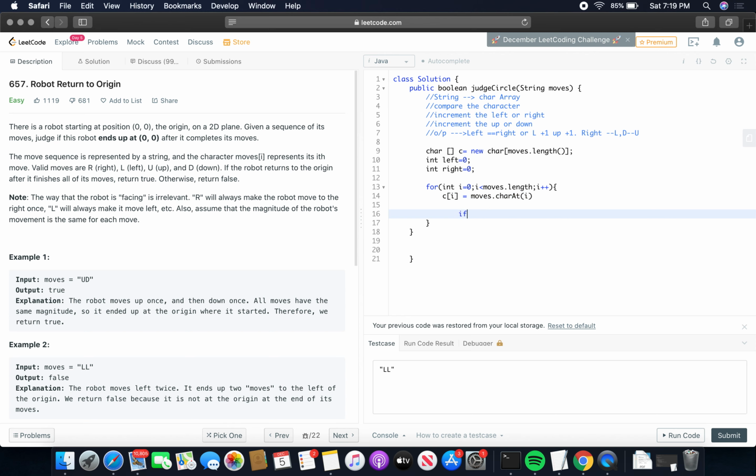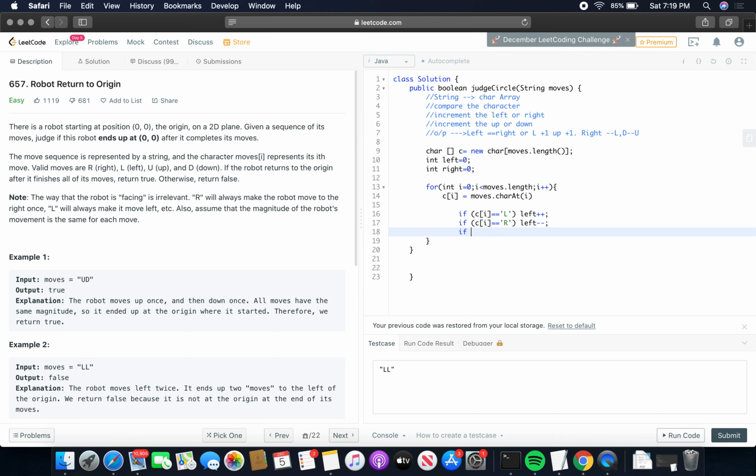Now the logic we can make: if c of i equal to L, then we increment left plus plus. If c of i equal to R, then we can make use of the right pointer and increment it, or we can simply decrement the left pointer, because L and R will be nullifying each other.